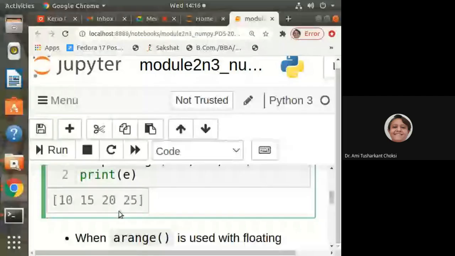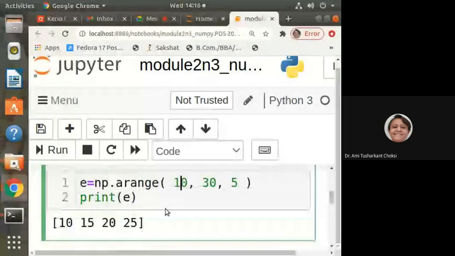We have specified 5 as step. Step means increment. Typically, values less than 30 will be created, isn't it? For range also, we consider that end minus 1 is there.